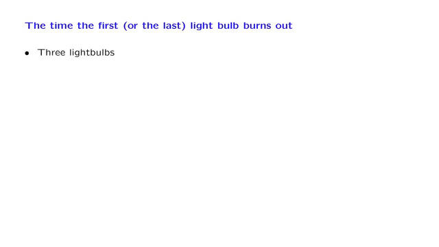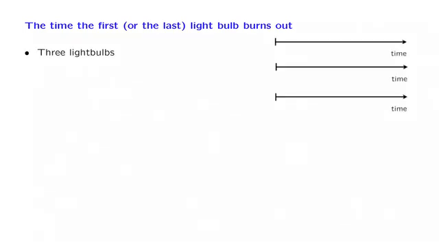We have three light bulbs, and each light bulb is being lit at time 0. It starts working, and the light bulb lasts for a certain amount of time, which is random. So this light bulb lasts so long, this one lasts so long, this one lasts that long. The lifetime of a light bulb, the time until it burns out, will be a random variable, and we make